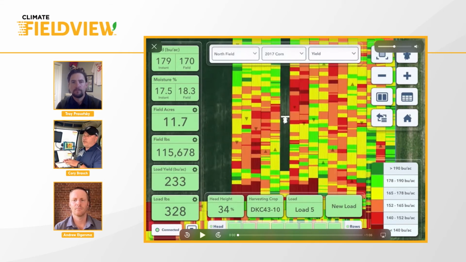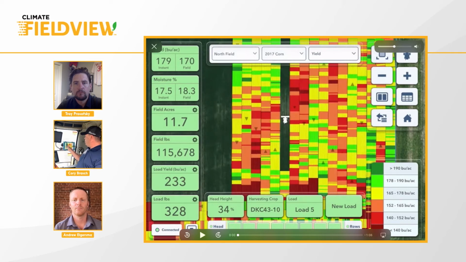Obviously, if we have a 300-acre field of all the same crop, you're not really needing to do loads, but where it comes into play is if you have trials. So if you have trial A, B, C, and D, we can do a load trial for each trial and collect that data based on that variety. In the bottom here, it shows that we're on load 5. So this is the 5th load that this combine is recording.